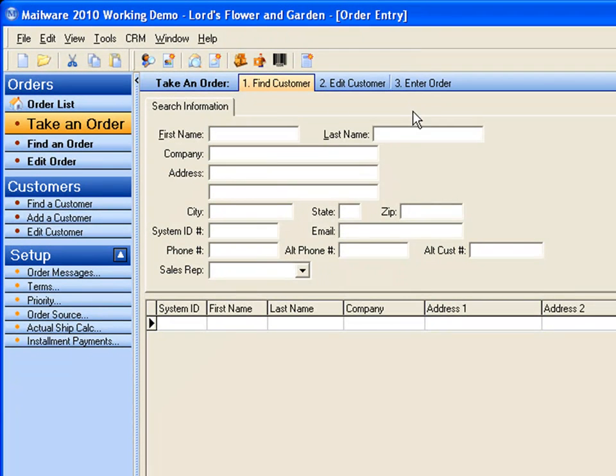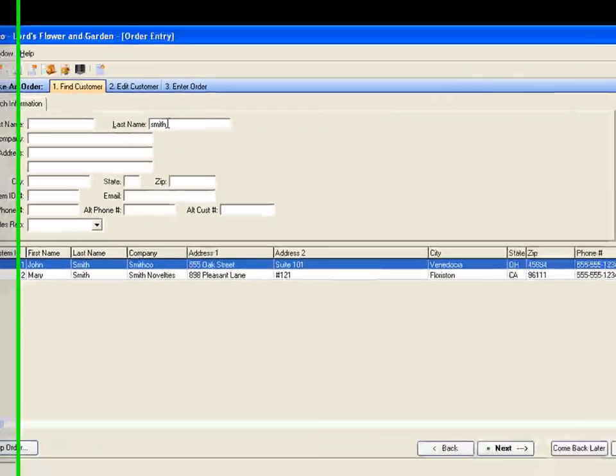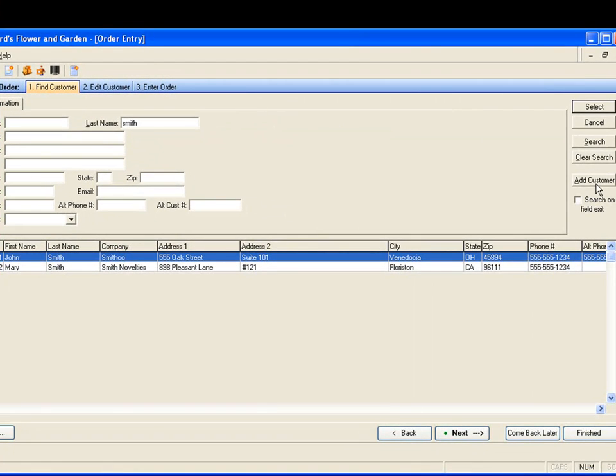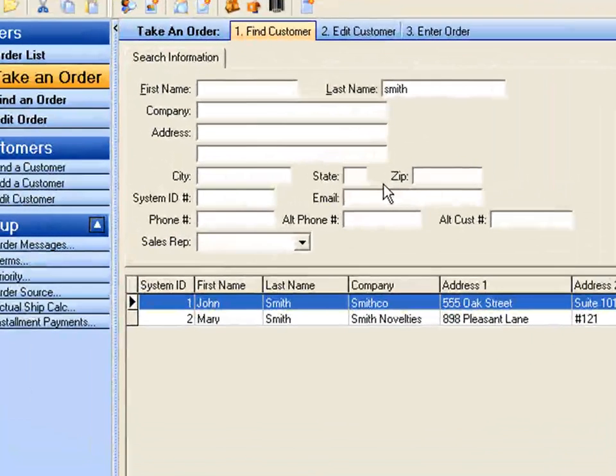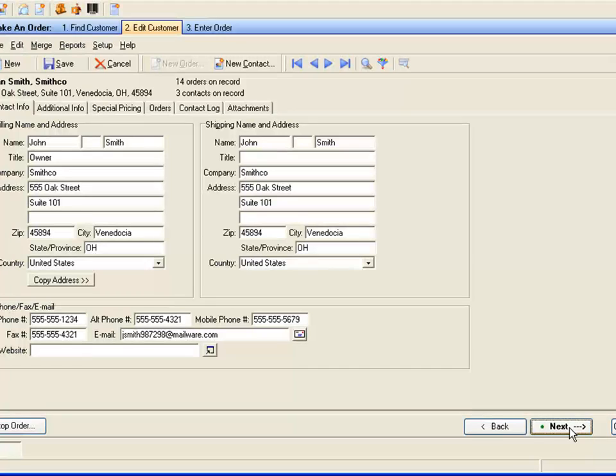This will bring up a customer search, where you can search on as few or as many of these fields as you like. If you do not find a match, you can click Add Customer, and the account will be created with the fields that you've entered, so that you do not have to retype them. If you do find a match, you can double-click it or click it and click Next to proceed to the